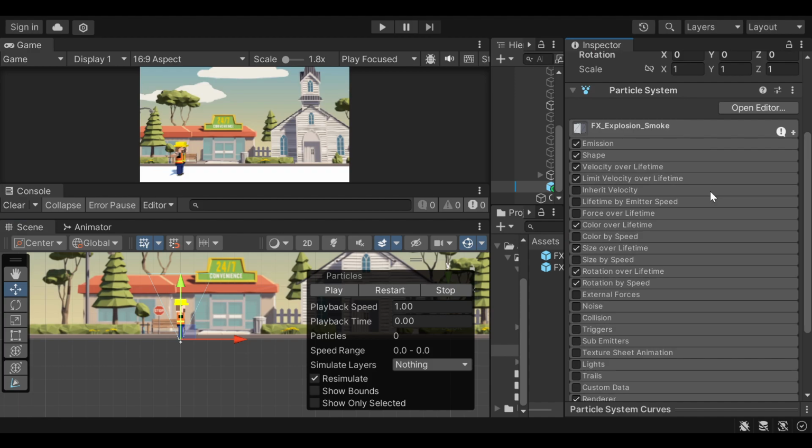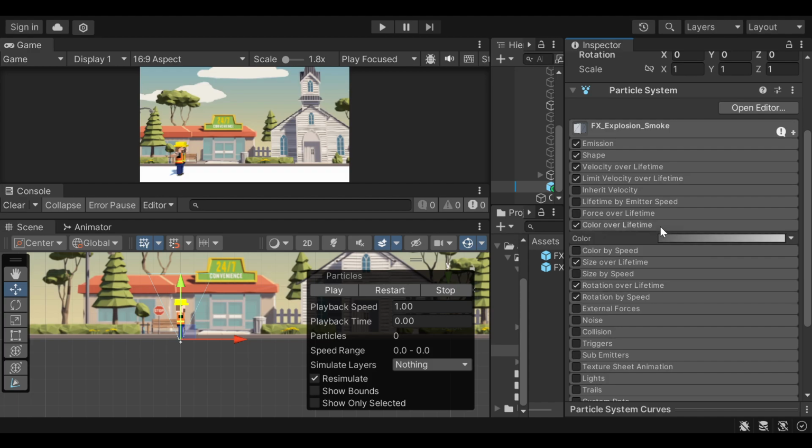Velocity over lifetime is the velocity of the particle, and there is also a limit to that. The other thing I want to do here is color over lifetime. So this is a gradient basically. Our particles will follow this color scheme during their lifetime. There are two knobs at the top and two knobs at the bottom. If you want to add more knobs, you can just click on the empty space at the bottom or the empty space at the top. If you want to remove one, you could just drag it out, drag it up